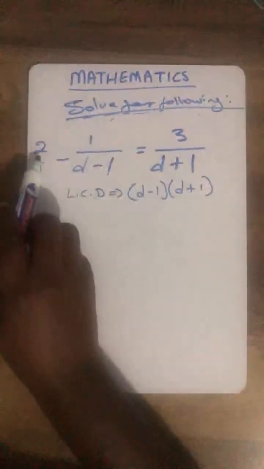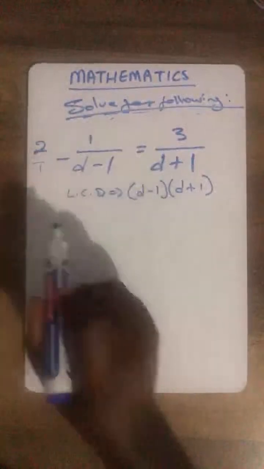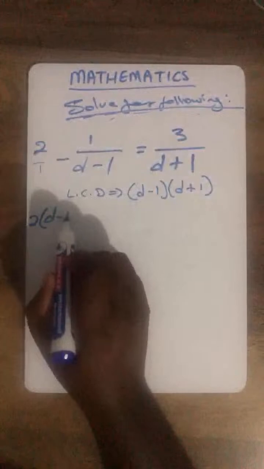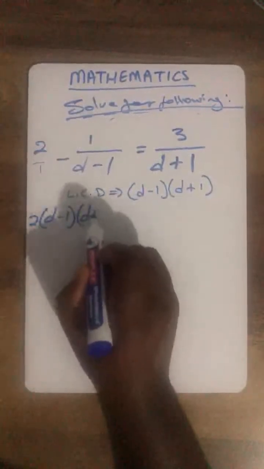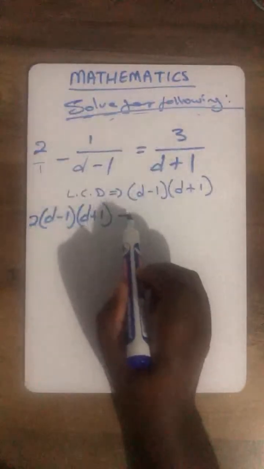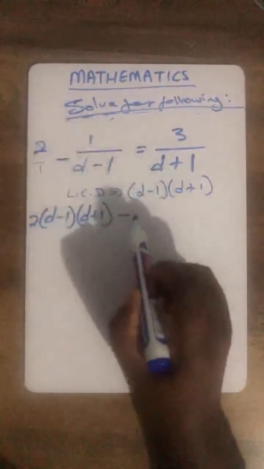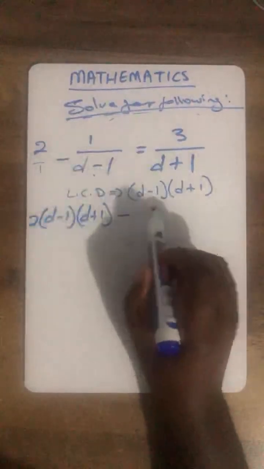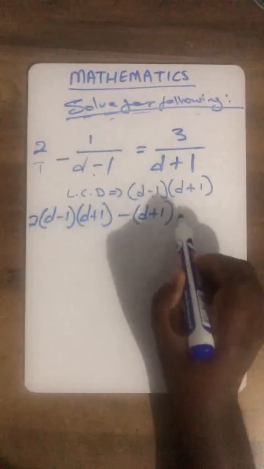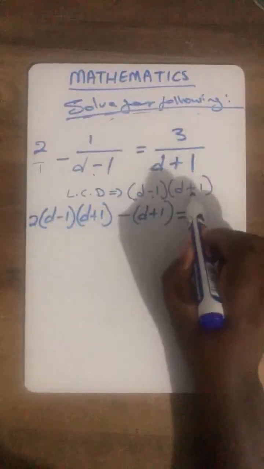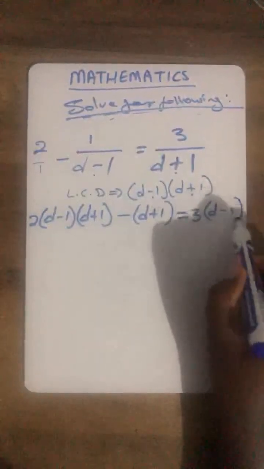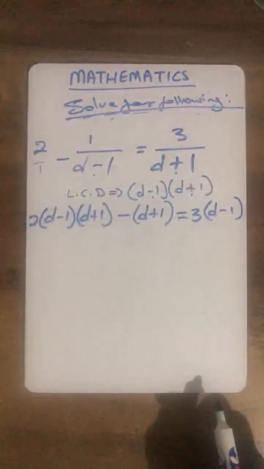So when we multiply the first term being 2 by that, then we end up having 2 into D minus 1 and then D plus 1. A minus, then you multiply that. So that means that one of minus will cancel with that one. So you just have that one, which is D plus 1, which is equals to. Do the same. That one of a plus will cancel with that one. Then you just remain with this one. I hope that approach is right, because otherwise,